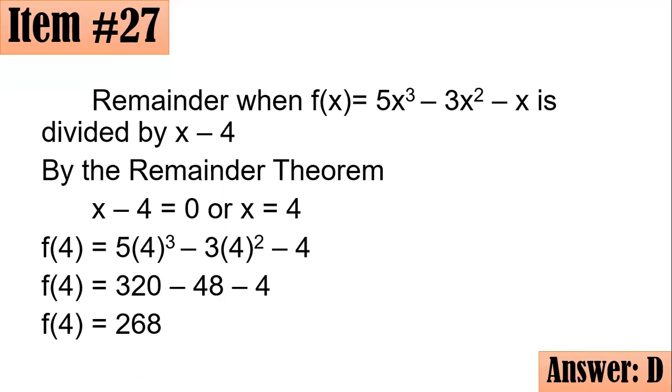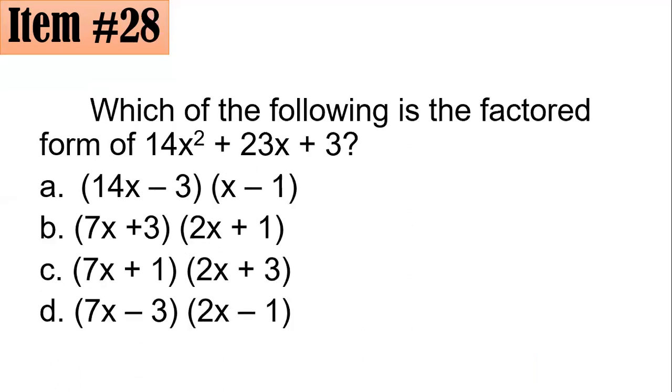All right. Now, let's move on to the next item, which is 28. Which of the following is the factored form of 14x squared plus 23x plus 3? So which of these do you think? What others do is, of course, they multiply. And whichever gives you the product of 14x squared plus 23x plus 3, then that is the correct set of factors. Now, for our case, if you are keen enough, we could see that if you multiply 7x plus 1 and 2x plus 3,